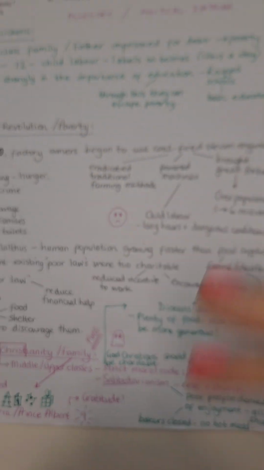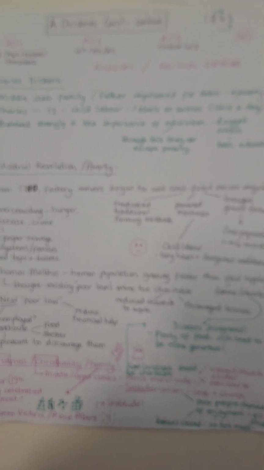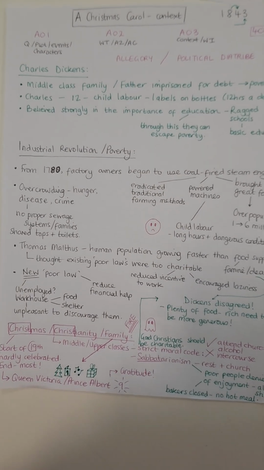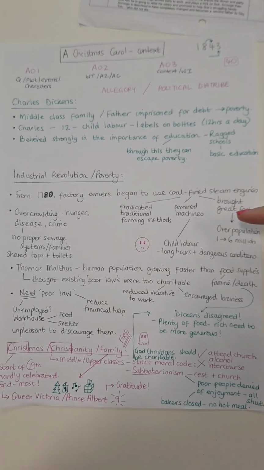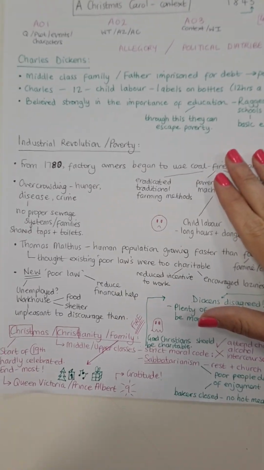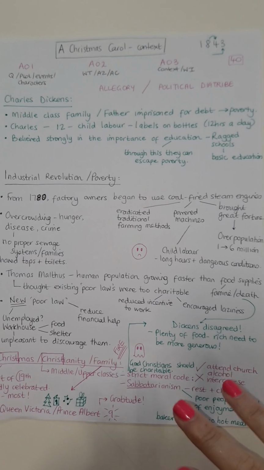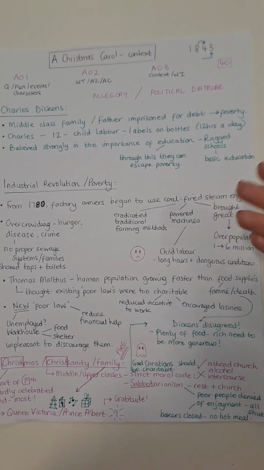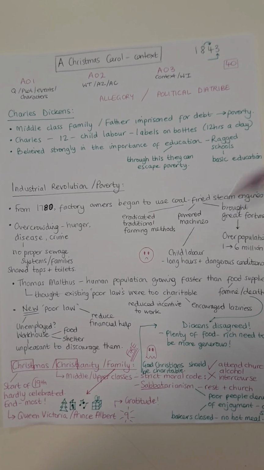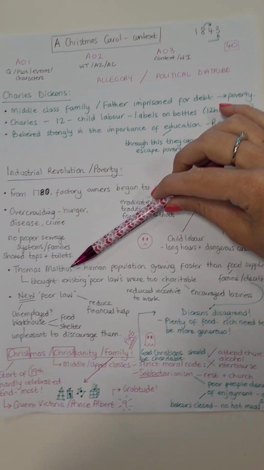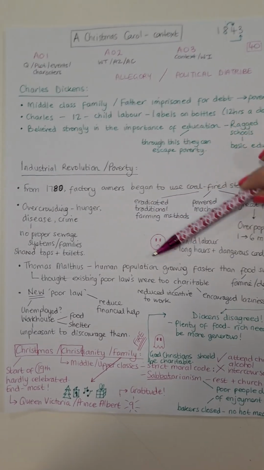So I hope that has helped. I will put this up and please speak to your teachers about it. You should, and I'll show you in the next video, endeavour to use these and kind of pepper them across your response. So for example, if you're analysing a quote like "decrease the surplus population", then that would quite nicely link in with any sort of comments about Thomas Malthus at the time.